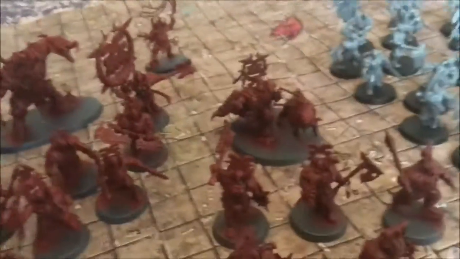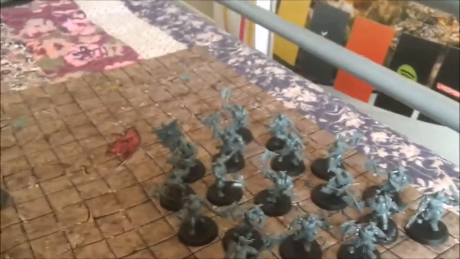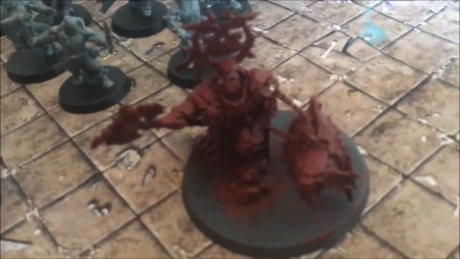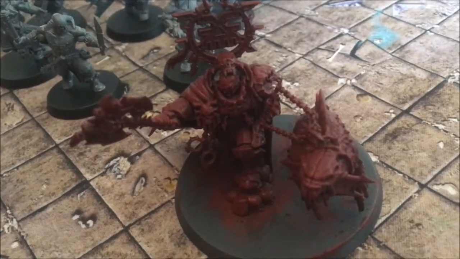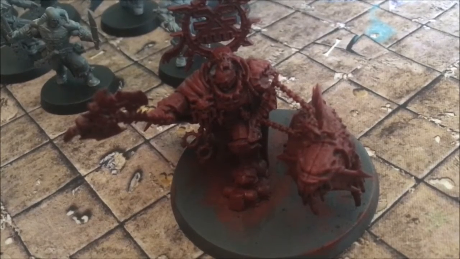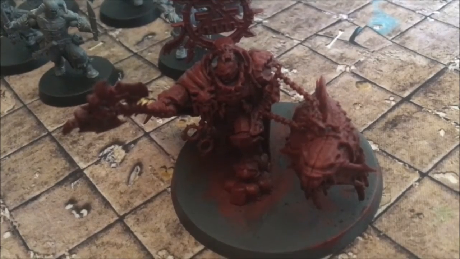So I basically undercoated these, well, primed them grey, then undercoated them. Let me just get the focus to work a little bit. Struggle with the focus. That's a bit better. There we go. Yeah, so primed these grey, and then basically did multiple